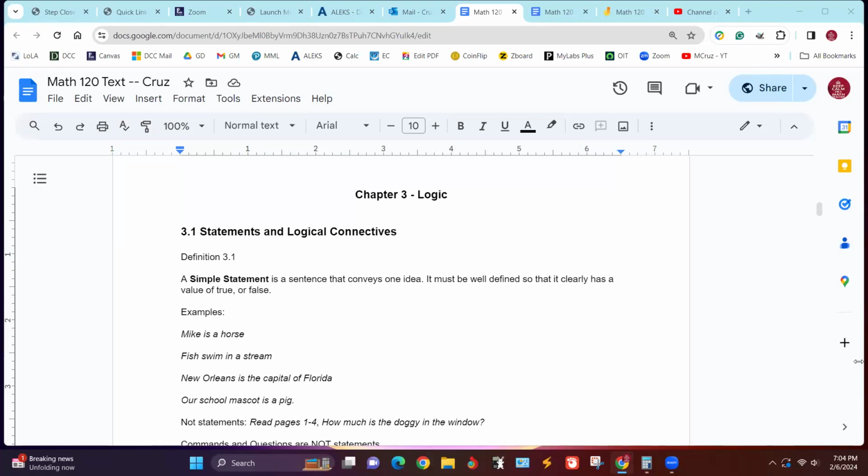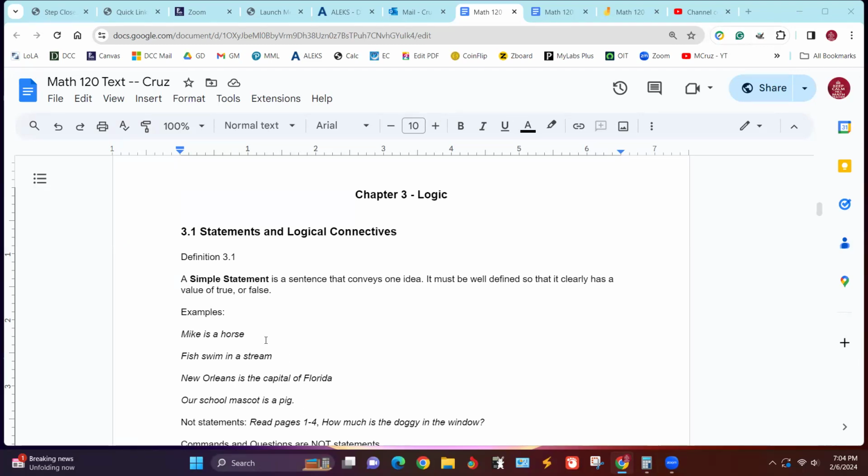And the first thing we're going to do is talk about what makes a simple statement. A simple statement is just a sentence that conveys one idea, and it's got to be well defined so as to be true or false. It does not matter which one it is, but it just has to be one or the other.